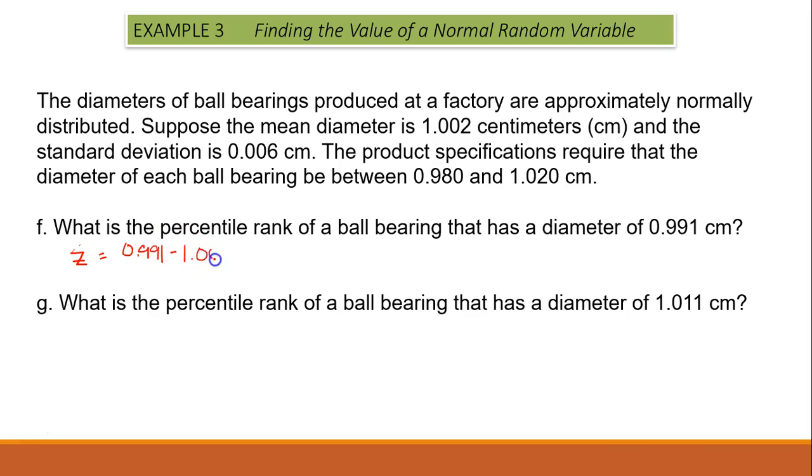Subtract it from our mean, divide by the standard deviation, 0.006, and we would get negative 1.83. And you look up that z-score on the table, and this is the area that you would get,